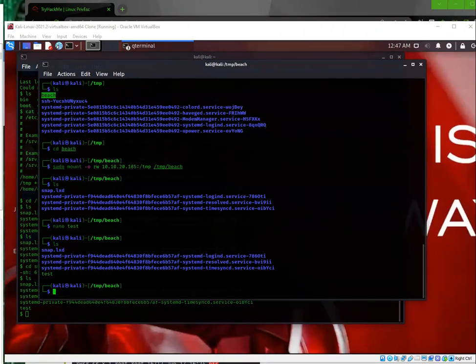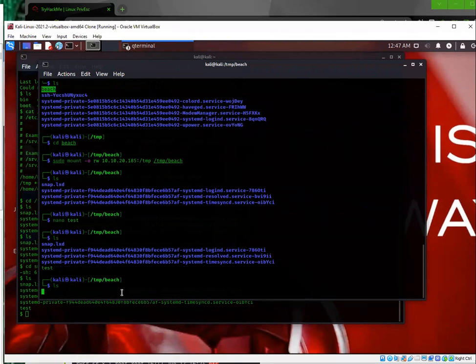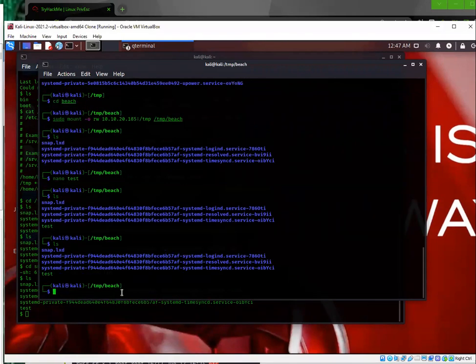All right, so the next thing we're gonna do is we're gonna create a nano. All right, so from the temp directory inside the beach folder I made. All right, so let me ls so you can see what's in here. You can see I just made this beach folder, right? Like I mentioned earlier. So now I'm gonna nano nfs. So I'm gonna create an NFS executable. So first we gotta compile it. So it's gonna be nfs.c,